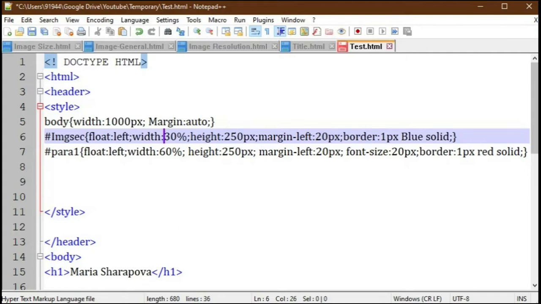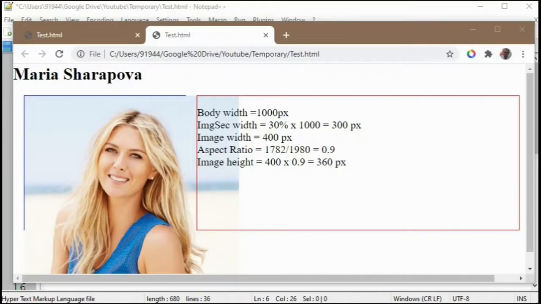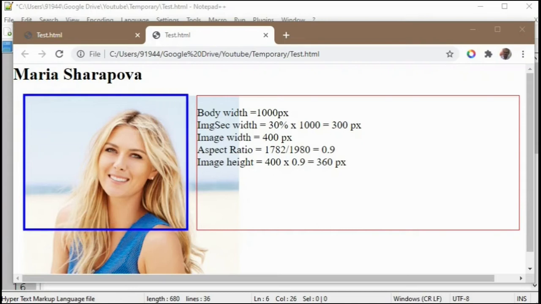Also I have added a border for both division sections to show the area occupied by each division. Now we will run this code in the browser. You can see this blue line is the image section division's height and width, and this red border is the para 1 division's height and width.